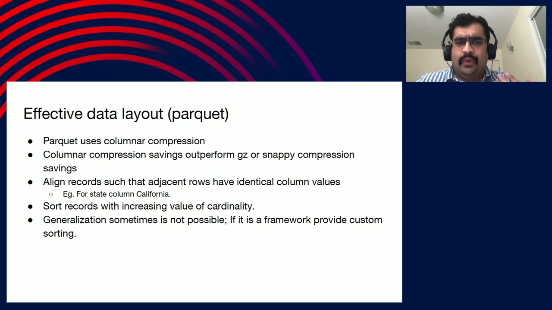We looked at the different types of compression we get when we write the data to Parquet. There are 2 types of compression you can get. One is columnar compression, and the other is Snappy compression, or any compression type you have chosen. It could be gzip, it could be Brotli, or something else. What we observed is, since it's a columnar storage format, you get much more benefit if you take advantage of the columnar compression rather than using different compression types.